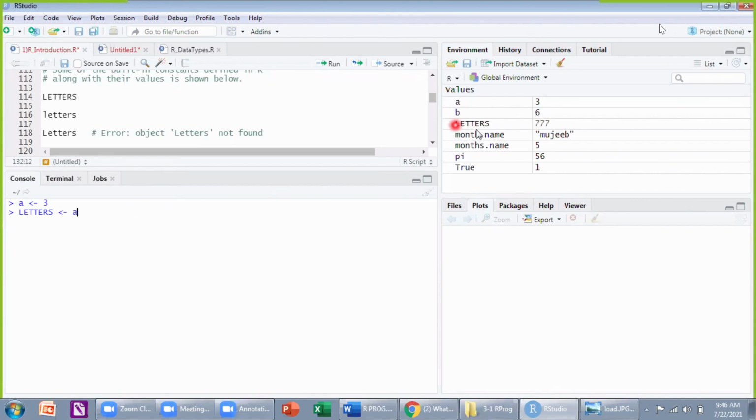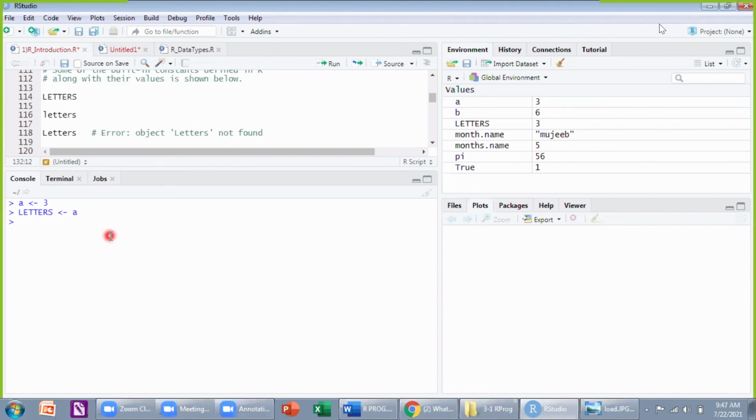Observe carefully here. Here you're telling A equal to 3. Yes, sir. Then in letters there is 777. These are small letters, which is not there here. Big capital letters is okay, sir. Now if you press letters, what will you get? Don't print, just press enter and see what will happen here. Okay, got it? If A is already defined with a value, then letters will also get that value. That's it. As simple as that.